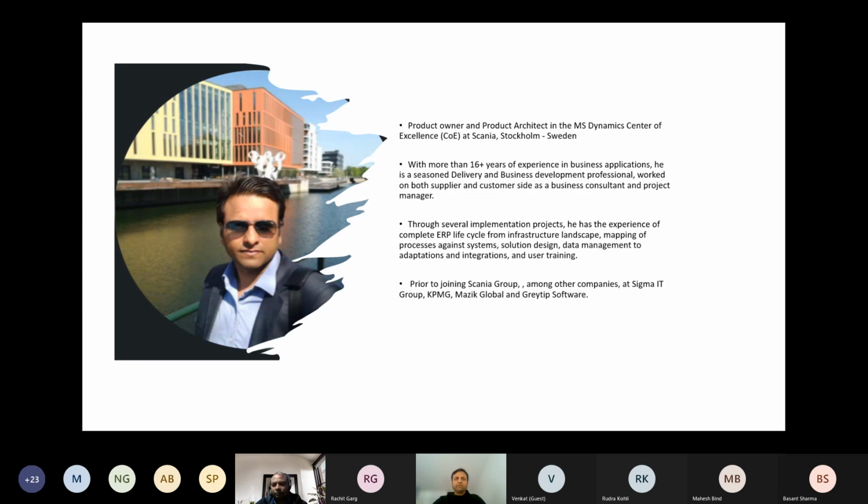From an application point of view, I'm deep into the functional side, CRM and HR and supply chain and finance. But on the technical side, I also have exposure in terms of deep understanding of ALM, and obviously working on ALM, you get exposed to multiple areas. So that is how I work basically.